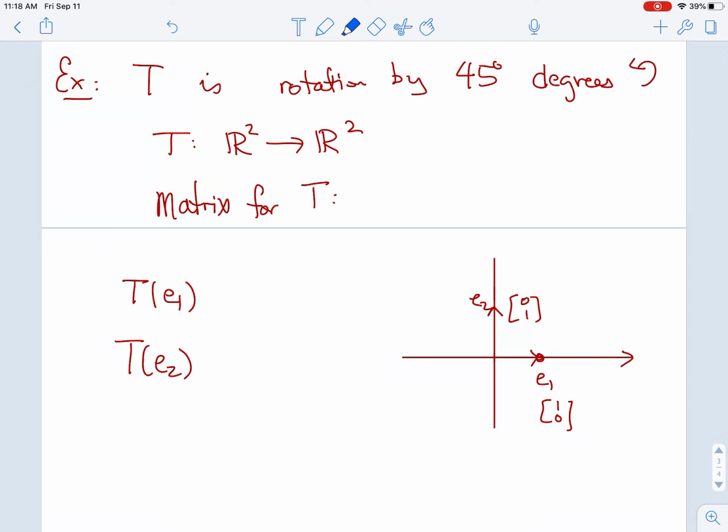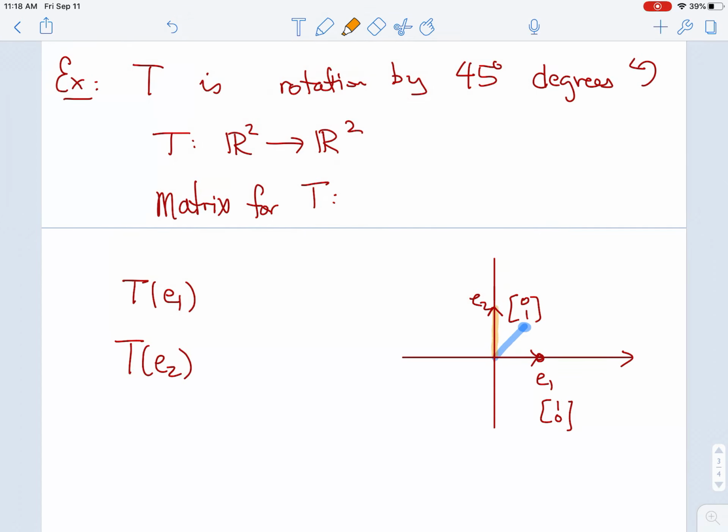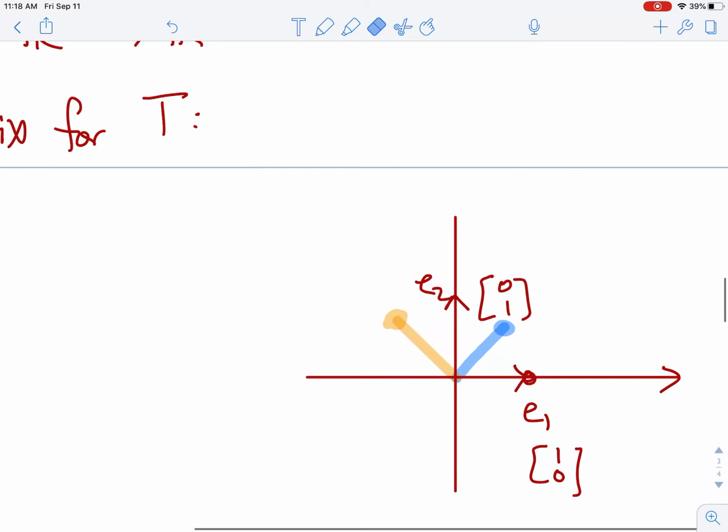And so where does this vector E1 go? It's going to go up here. Right? We've got to figure out, well, what are the coordinates of that point? Okay, we'll do that in a second. And then where does the second vector go? Well, it also gets rotated 45 degrees. So it's going to go over here. Okay? And so I need to find the coordinates of those points. And that I can just do with some